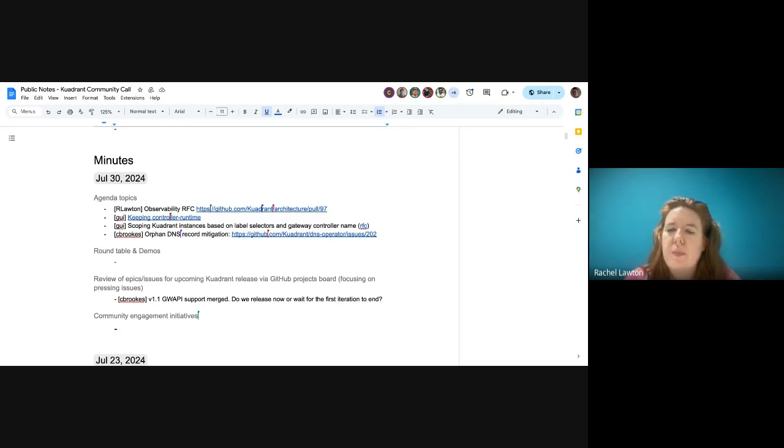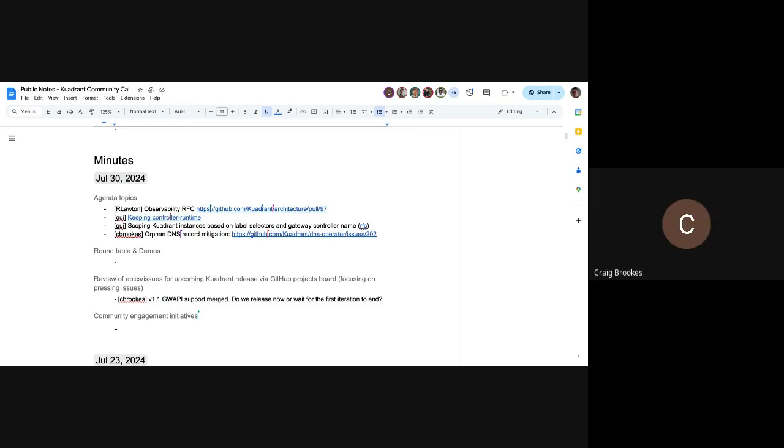Jim, chime in if I'm butchering this. Okay, I'm just trying to clarify a little bit. So you wouldn't be able to configure it in the Quadrant CR, and you would have to create a policy target in the... Maybe I just need to go read the RFC again, to be honest.